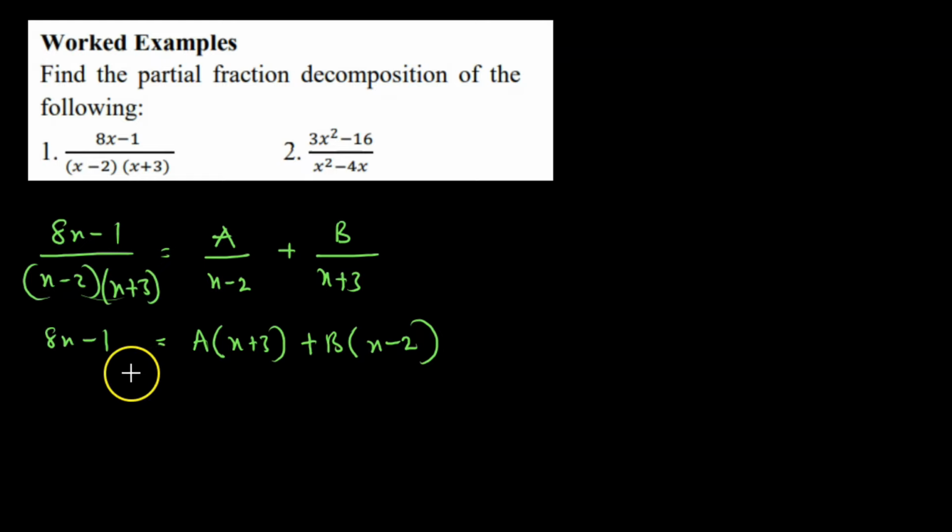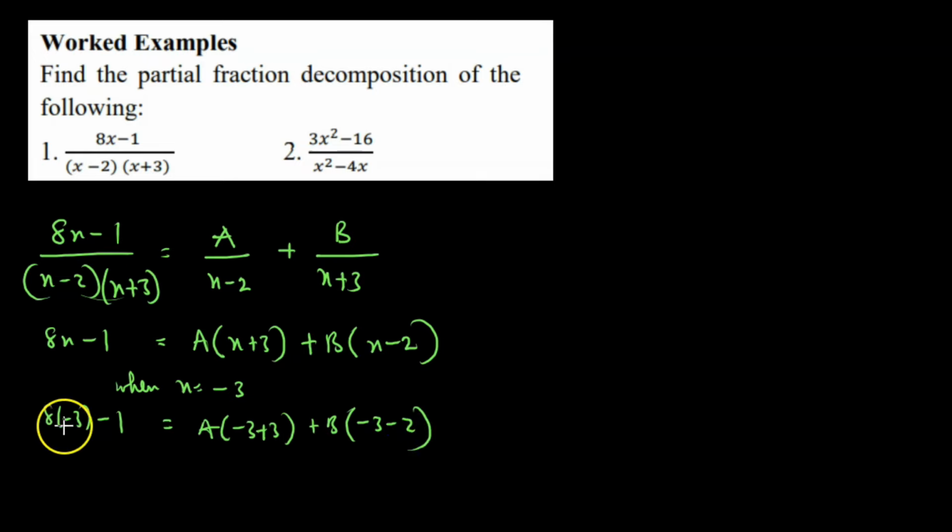So using the prediction approach, we are going to have, when x is equal to the number -3, because when you substitute it here, it will give you 0 in the bracket, and 0 multiplying a will end up giving a 0. So when x is equal to -3, we substitute it into the expression above. So we have 8 times -3 minus 1 equal to a into brackets -3 plus 3, then plus b into brackets -3 minus 2. When we simplify, we end up getting